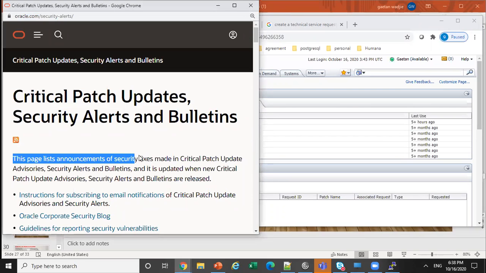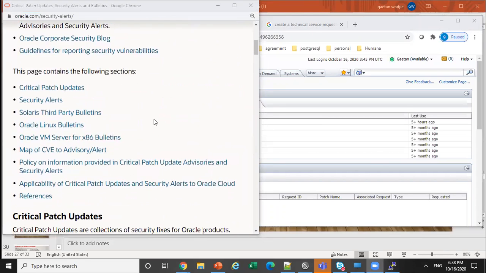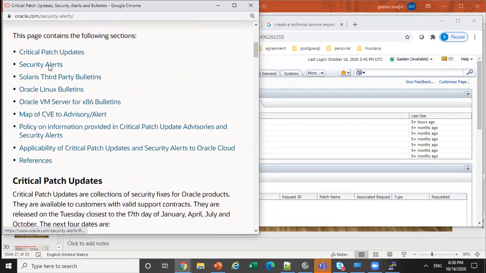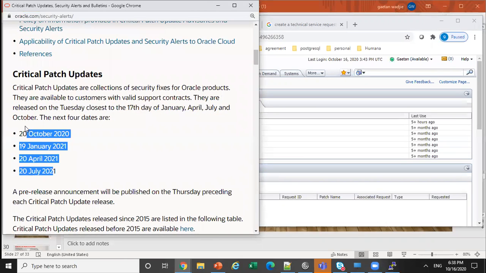Once you get to this page, it will give you some instructions. It will tell you what this page is all about. You can see it's about a lot of stuff, but you care mostly about critical patch update. You see that patches are released quarterly, as I said. The next patch that will be released will be in October 2020. Next is January 2021,